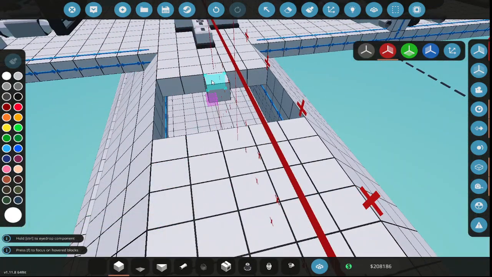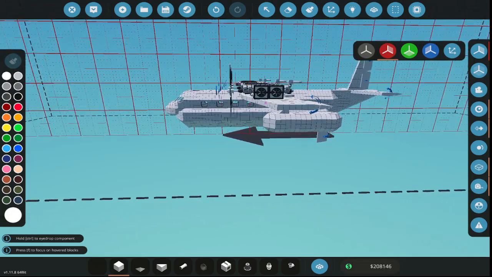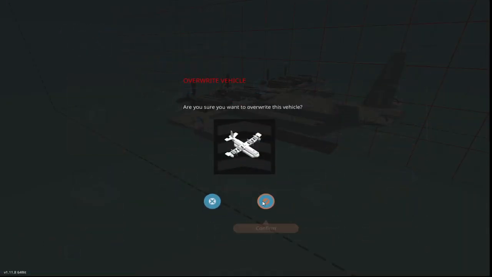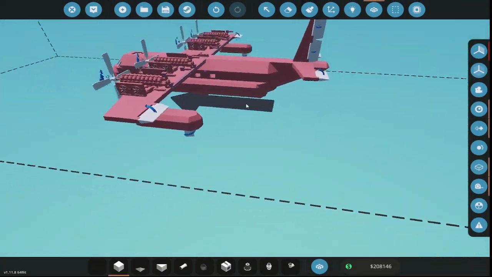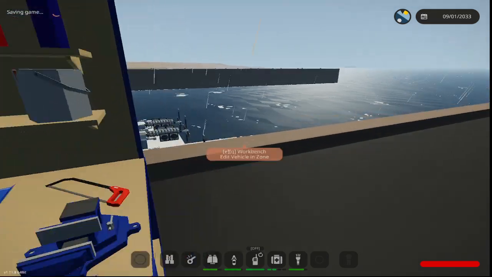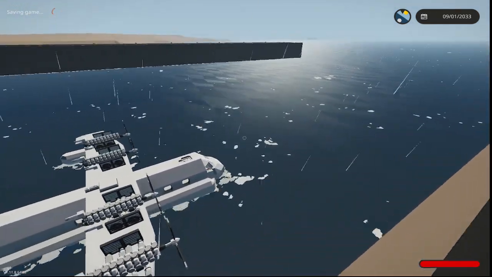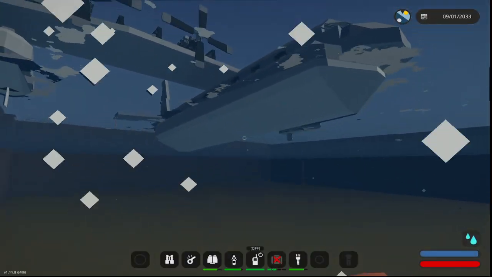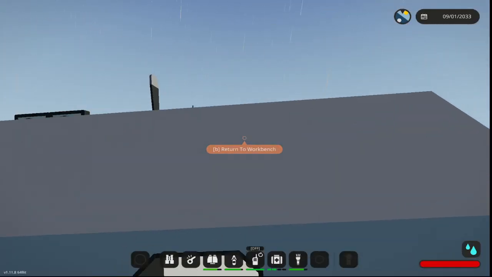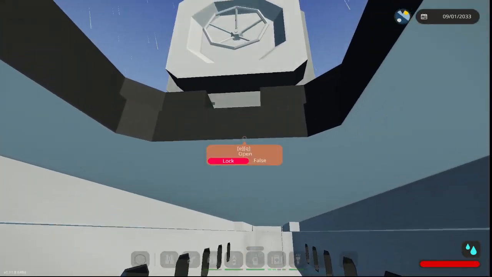Yeah, I know, it can be frustrating sometimes trying to edit this stuff. All right, let's save that. Oh, do I need to merge? No, that's already attached to the body. Let's spawn that in. See how that sits in the water. Well, that sits a bit better. So I guess the big thing now is going to be...